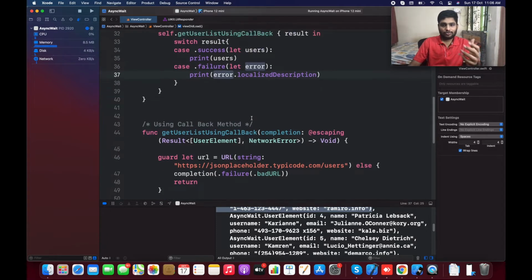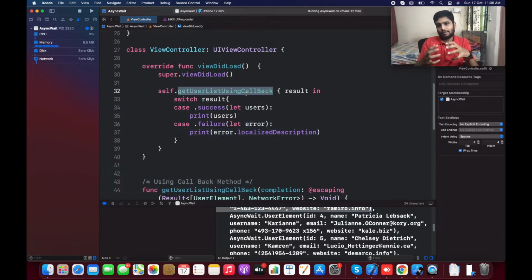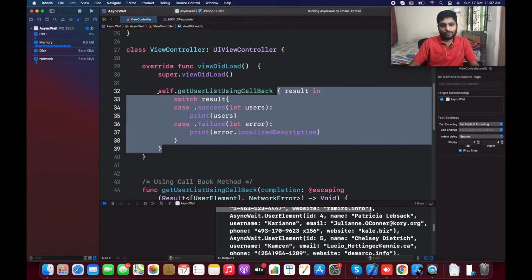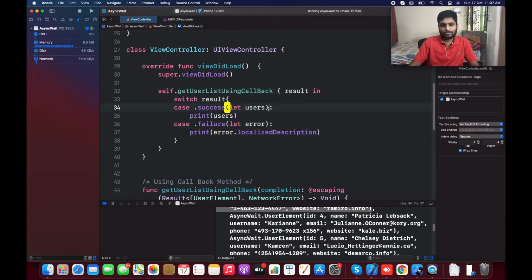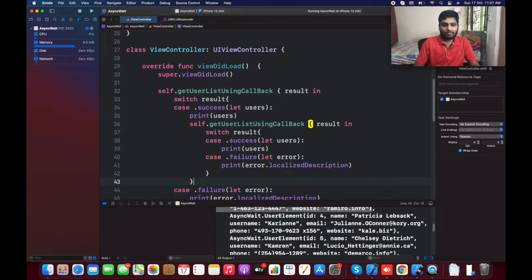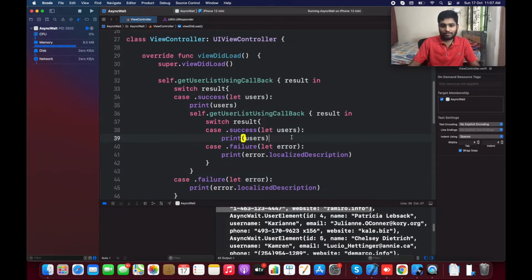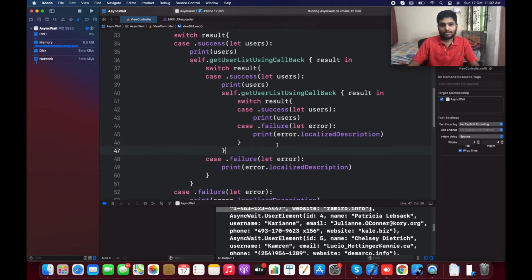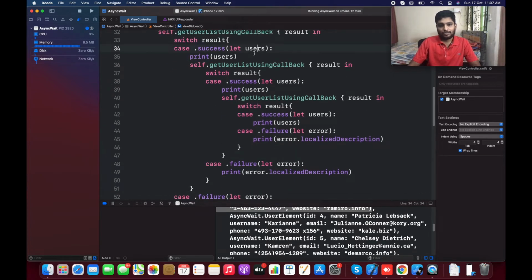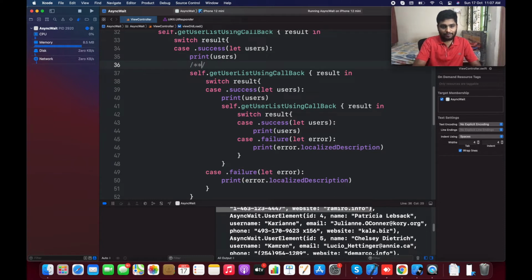If you want to do this API call multiple times, consider that you want to get any detailed input of a user, so you want to do another API call, and after that another API call. What we usually do is wait for the success, and then do another API call, and after getting a response we get the value from the other API call. So this is actually a second API call,